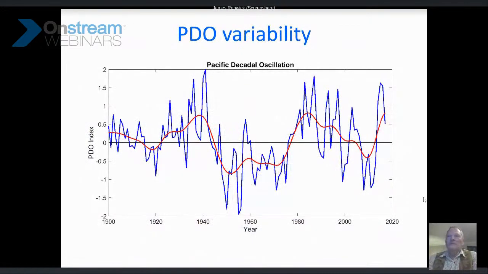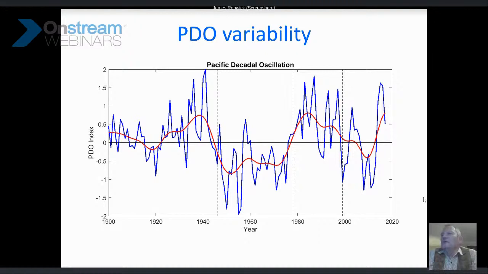So what we see is from year to year, it's relatively noisy, but if you smooth those numbers and look at the longer term variations, this is why it's called a decadal oscillation. You see quite long periods of almost all negative values and quite long periods of positive values. And if you look at the timing, from the late 1940s until the late 1970s, we were in a negative PDO period. And the last 20 odd years of the 20th century were positive PDO. And then since the turn of this century, it's been mostly negative, although it's sort of jumped around quite a